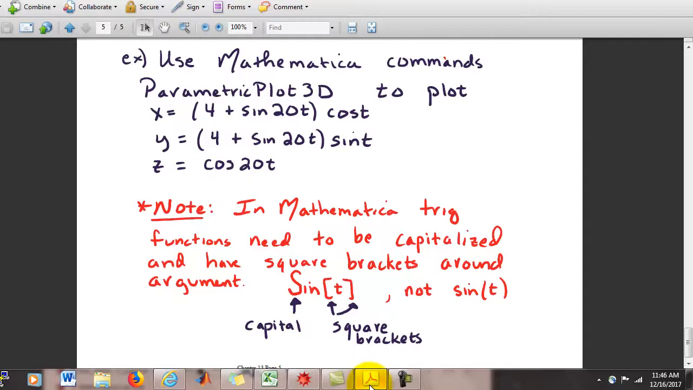Okay, so the last piece that I would like to look at in section 13.1 is to use Mathematica to construct parametric plots, and these will plot our space curves. The particular example I'd like to look at is a space curve defined by parametric equations x equals 4 plus sine 20t all times cosine of t, y equals 4 plus sine 20t all times sine t, and z